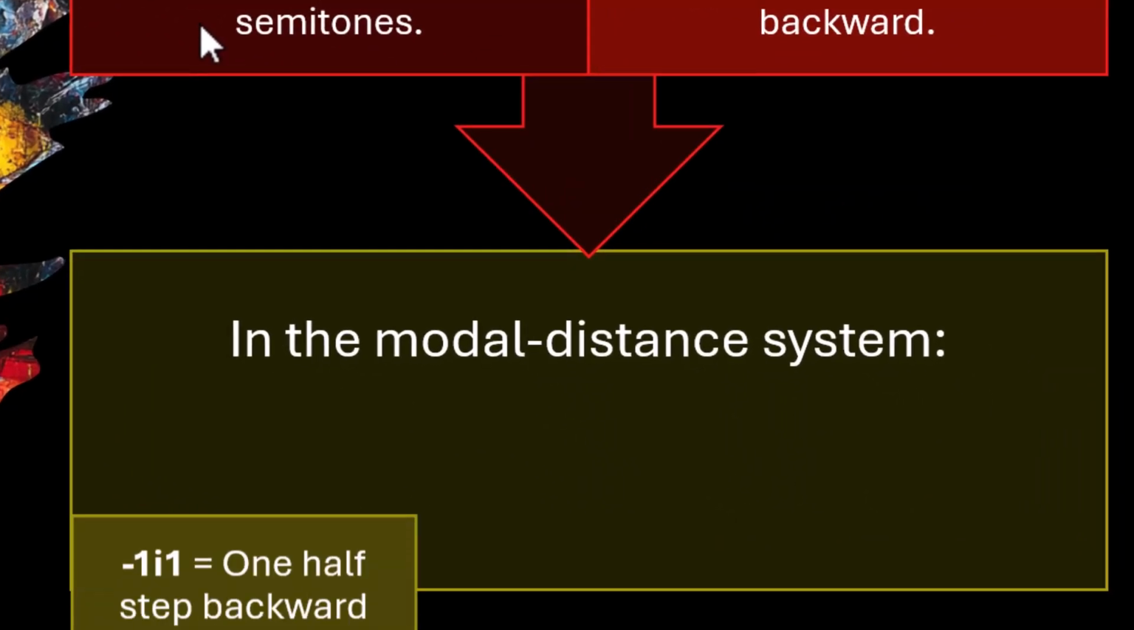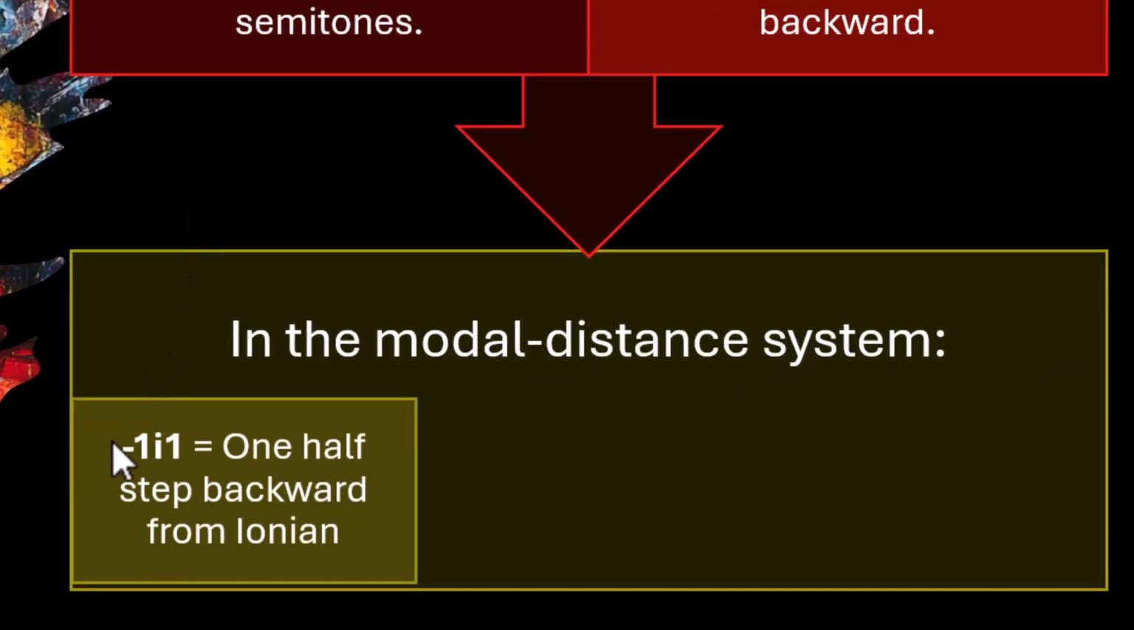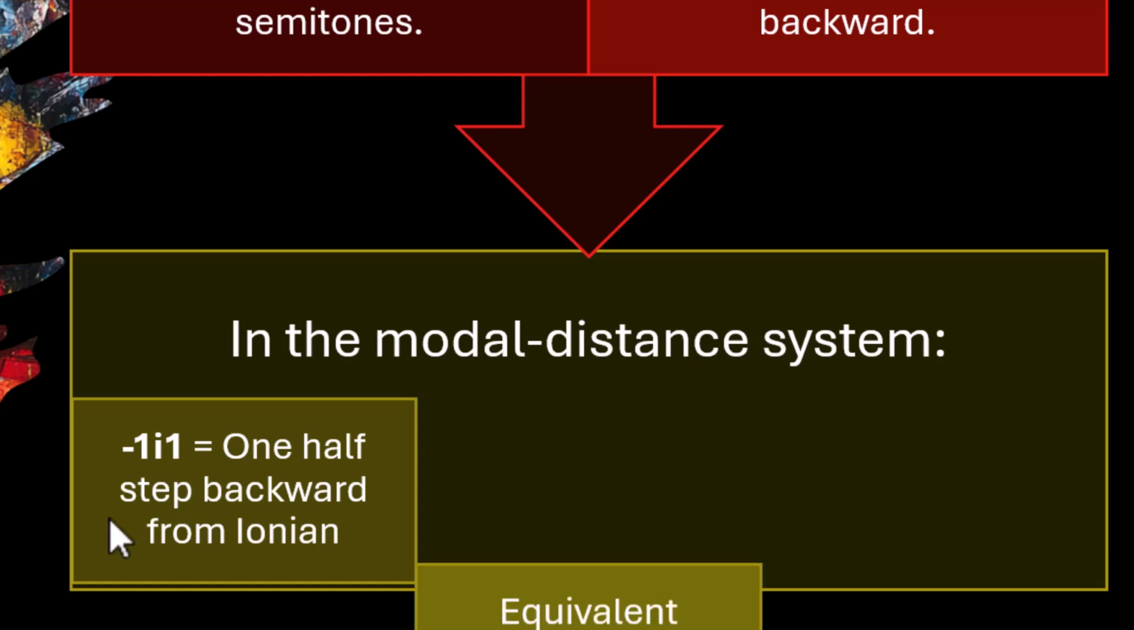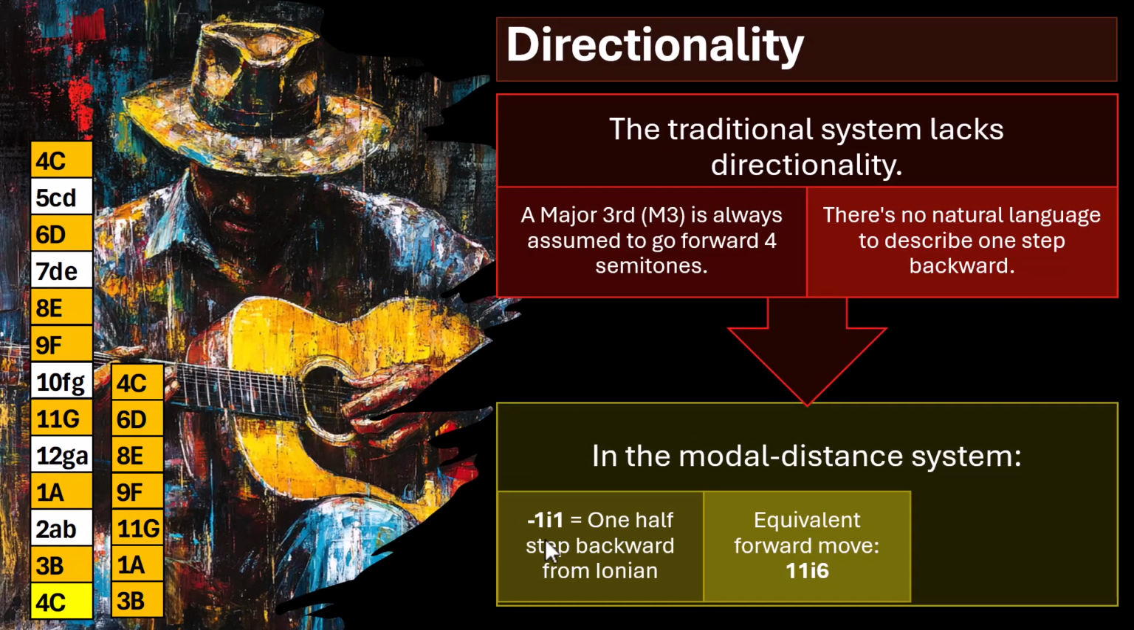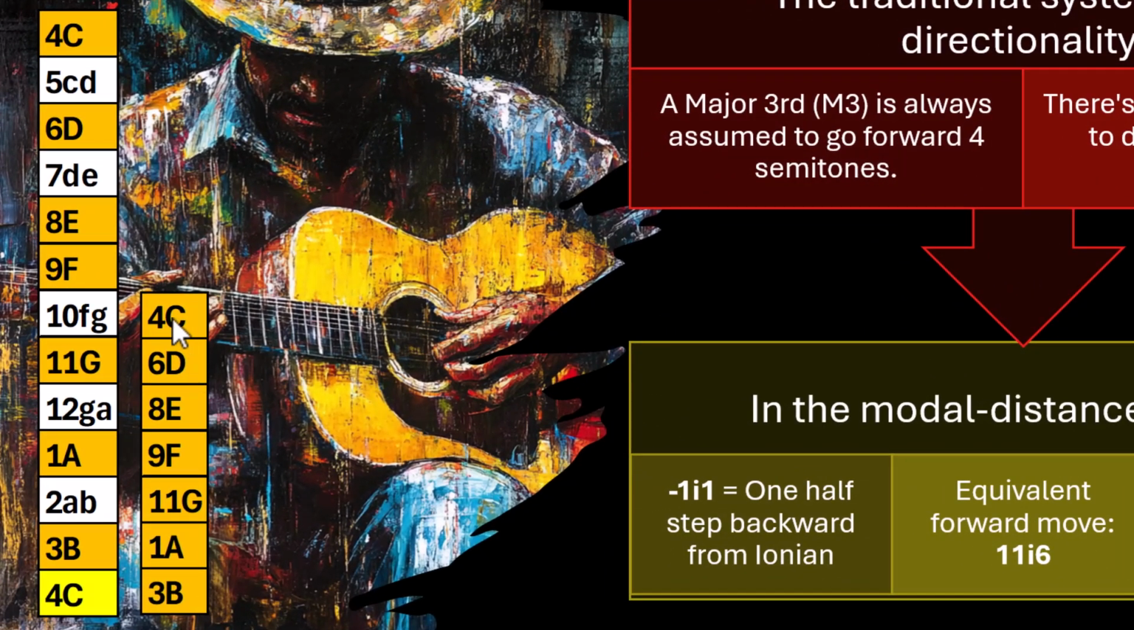So in the modal distance system, we have symmetry. Now, if we say, for example, that we're going to go -1, and I'm going to call that the negative first modal half step backwards, which would be the second scale degree, then you have 1 half step backward from the Ionian or major node. So in other words, what does this term mean? This would be going backwards 1 half step. So if I'm on the C here and I go backwards 1 half step, I get to the B in terms of my